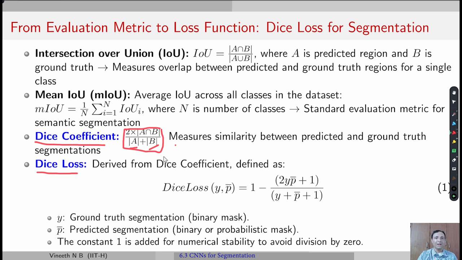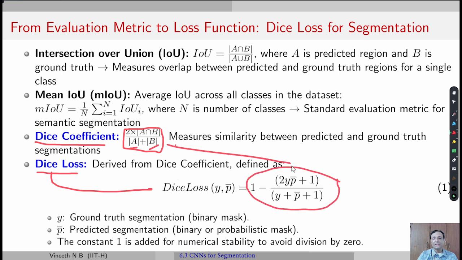And a lot of applications in segmentation have regions which may have few pixels as against other regions that may have large amount of pixels. This makes the dice coefficient more suitable for studying segmentation, and the variant of the coefficient that leads to a loss function here is to look at a loss as 1 minus the dice coefficient, and the way we're going to write the dice coefficient here is 2yp divided by y plus p, where y is the ground truth